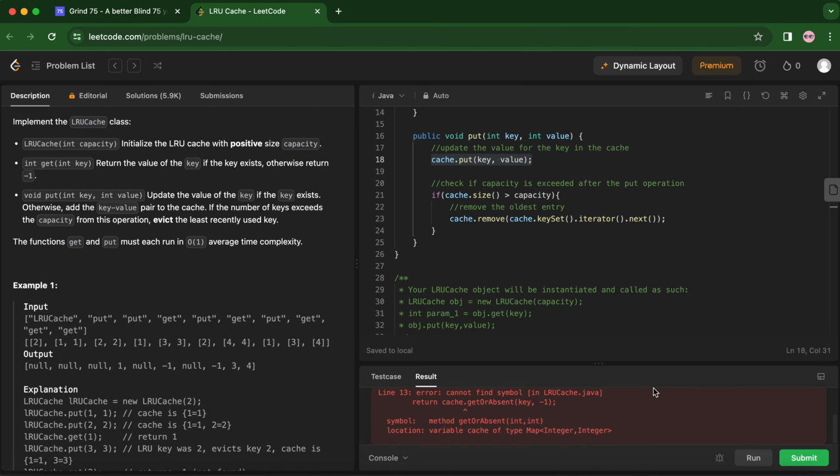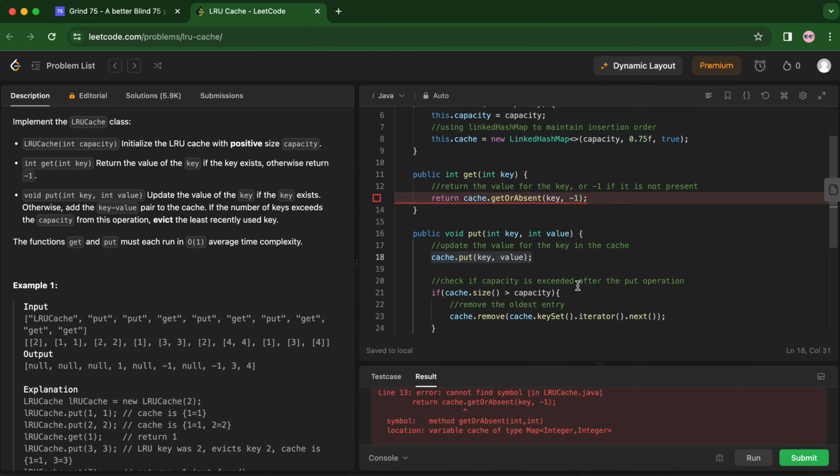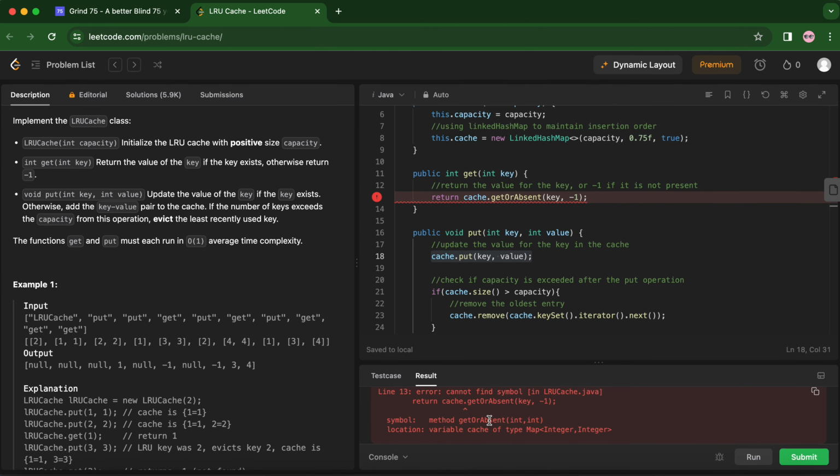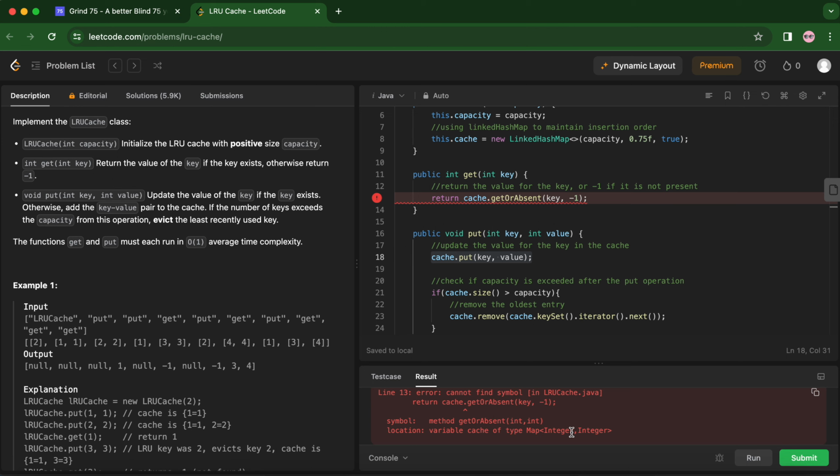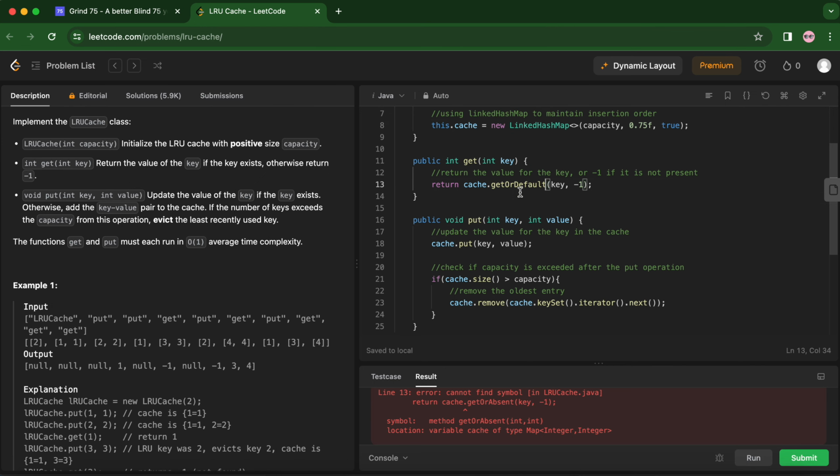Compilation error. Cache line number 13, cache getOrAbsent. All these spellings are correct. What is wrong? Method getOrAbsent, variable cache of type Map<Integer, Integer>. Oops, it's not getOrAbsent, sorry, it's actually getOrDefault. So we update the default value, not absent. Absent is not a method. getOrDefault. Okay,